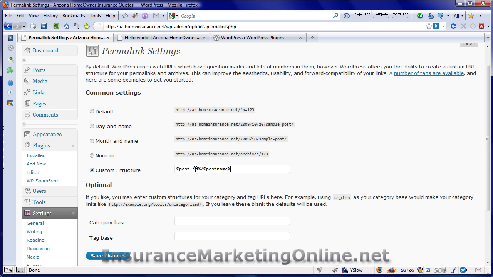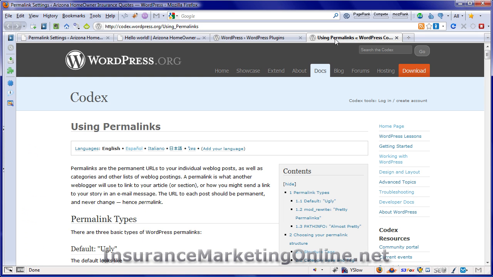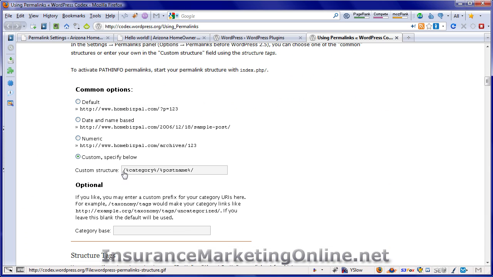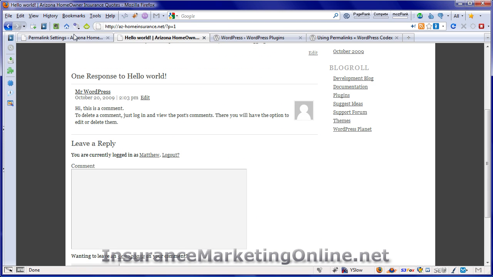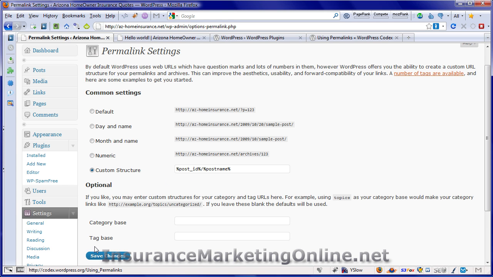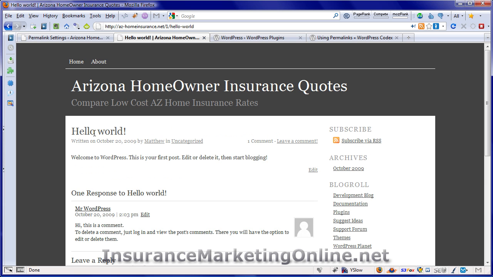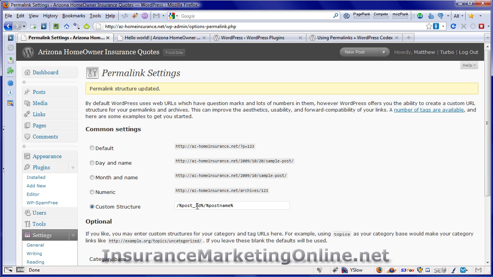The other option that I have used with other ones is category. If you click here, a number of tags are available, and it opens up this web page over here, and you can choose the different structure that you want. This is the other structure that I use, the category and post name. I'll show you the difference between the two. With the post ID and post name, I'll hit save there, and watch what happens right here when I hit the refresh button. See, it changes to the post ID, which is 1, and then the title of the post, which is Hello World. If I change it to category,